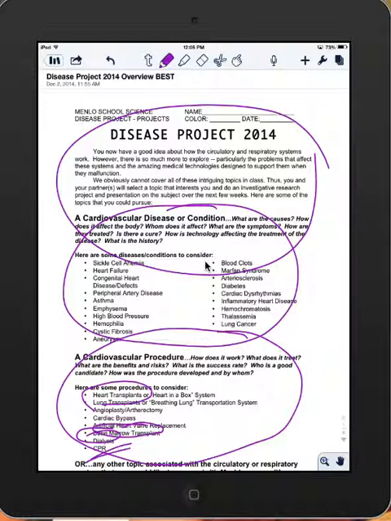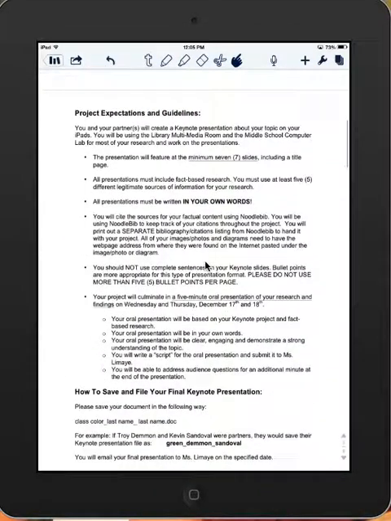You're also welcome, you and your partner, to come up with your own topic as long as it involves the circulatory system. That's heart, lungs, blood, and blood vessels. And just let me know tomorrow if you're thinking about doing that, and I will see if I can approve that topic for you. If you move on to page 2 of your packet, you'll see here general project expectations